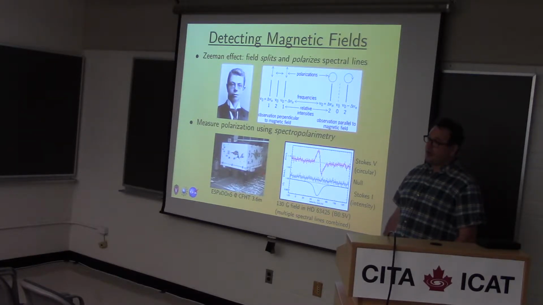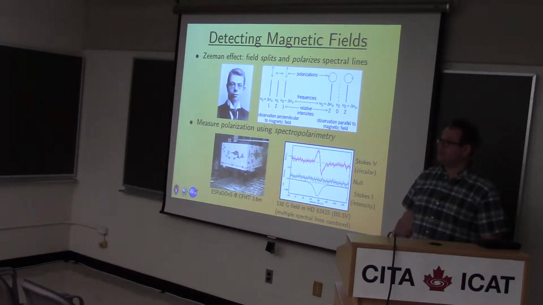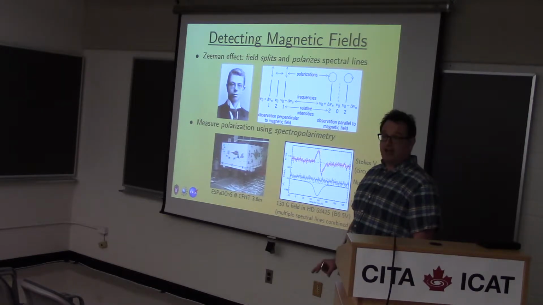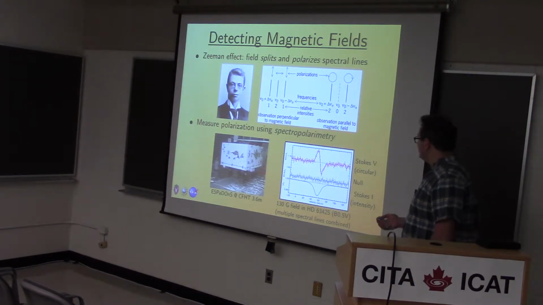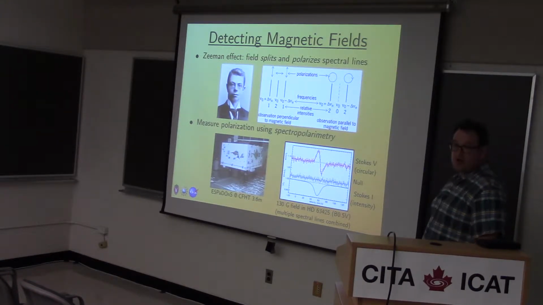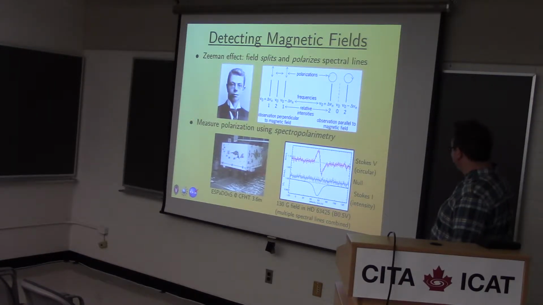For other types of star, we can directly detect the magnetic field via the Zeeman splitting. But for massive stars, the rotational broadening of the spectral lines is much larger than the typical Zeeman splitting. So we can't actually measure the splitting due to a magnetic field. But what we can do is measure the circular polarization that arises from the magnetic field. And we do this using a technique called spectropolarimetry. This is the ESPaDOnS spectropolarimeter, which is on the CFHT 3.6 meter telescope, which I'm sure you're all familiar with, it being a Canadian facility.